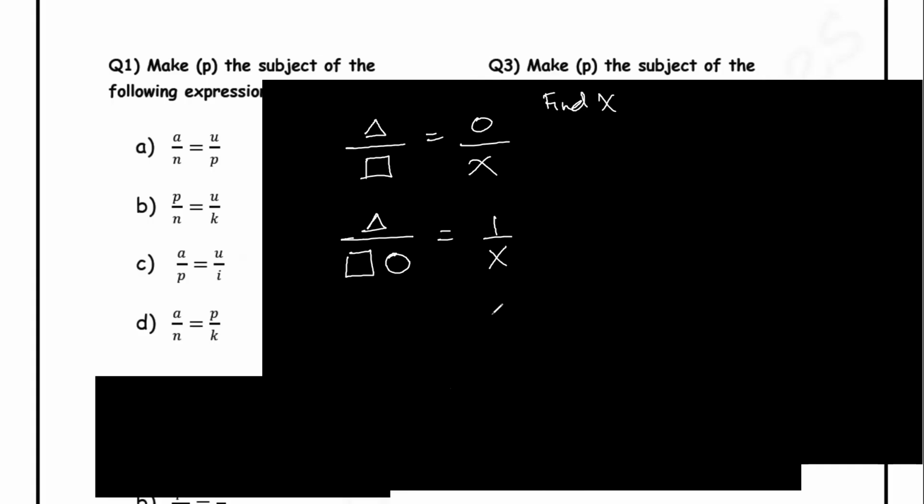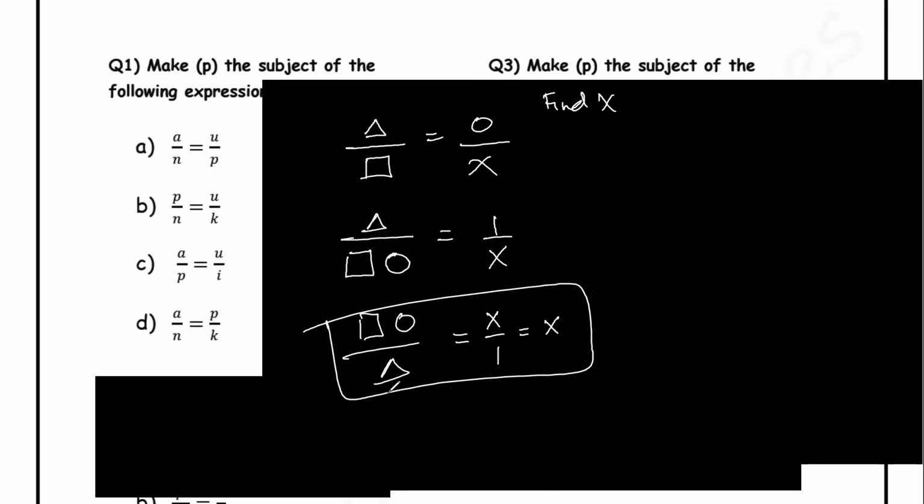And then we flip 1 by X. So if we flip it, we get X upon 1, which is nothing but X. And you can't just flip one side and not flip the other side of the equal sign. So you've got to flip the other side as well. So what we get is square, circle upon triangle, and that's my answer for X. So that's one way of solving it. The other way of solving this is